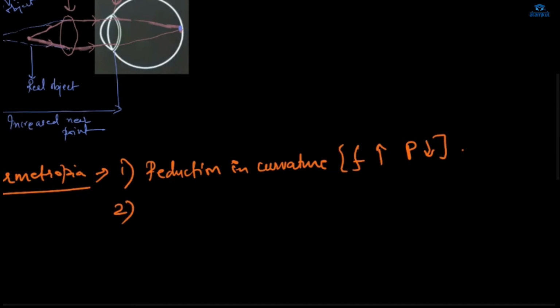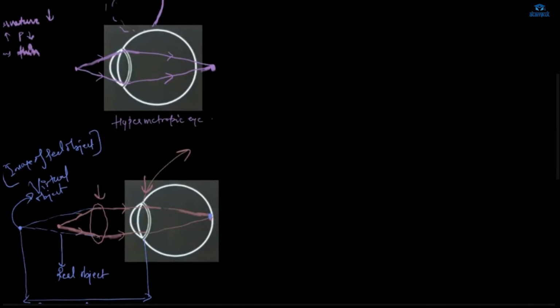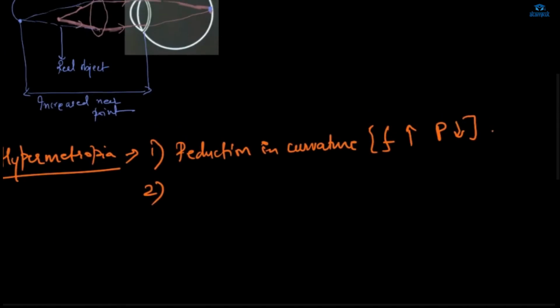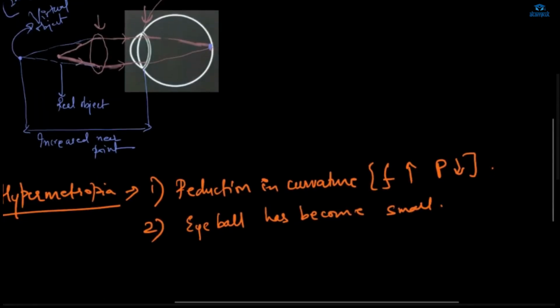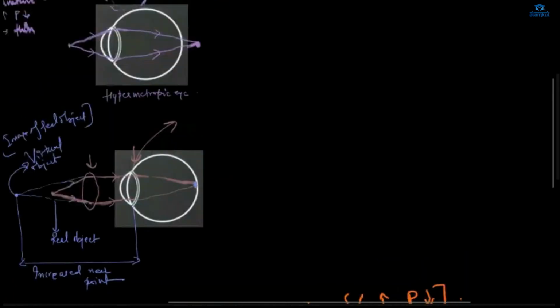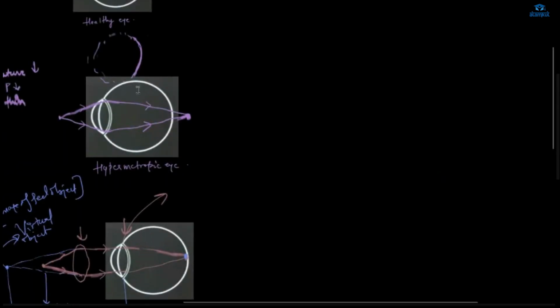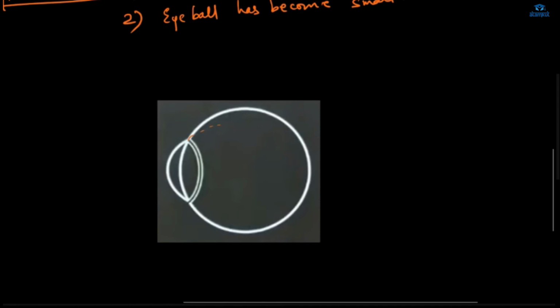And second reason is what, second cause of this hypermetropia is what, tell me. In the myopia it was elongation of the eyeball, and in this what we'll say, the eyeball has become small, due to which कि जो इमेज हो रहा है ऑब्जेक्ट का वो कहाँ बन रहा है, पीछे, रेटिना के आगे, ठीक है। जिसकी वजह से आईबॉल शॉर्टनिंग ऑफ आईबॉल भी कह सकते हैं, ओके।